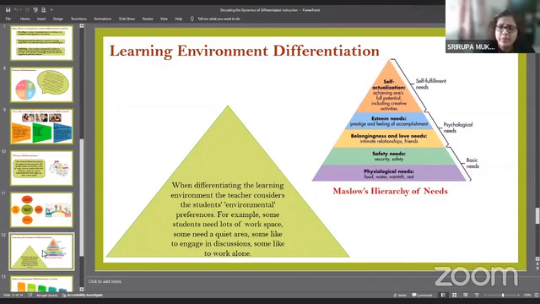So maybe somebody needs a little more working space. Maybe somebody works well when sitting in a corner. Maybe somebody works very well when sitting in a group. So in fact, this is something that is corroborated by Maslow's hierarchy of needs, which tells us that if we think of the pyramid of needs of an individual, then only when the basic needs and the psychological needs of the individual are met can it lead to the self-fulfillment needs.